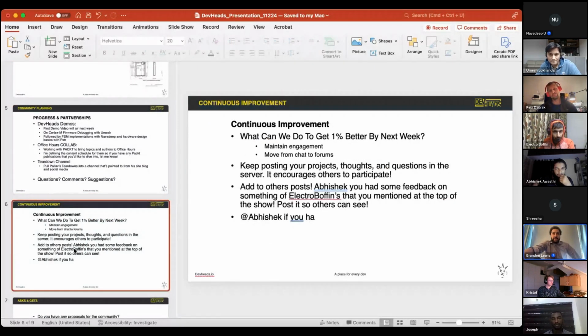I do have a quick thing before this, which is Electroboffin. If you've been posting your projects, it's often awesome. Keep doing it. Abhishek, you mentioned something, I can't remember, back at the top of this meeting, about something that Electroboffin had done. If you have those comments, this is exactly the type of stuff to post in response to his post, because among other things, the forum threads are indexed, so it's all about sharing the information that we already have with others. So if you can do that, that's great.